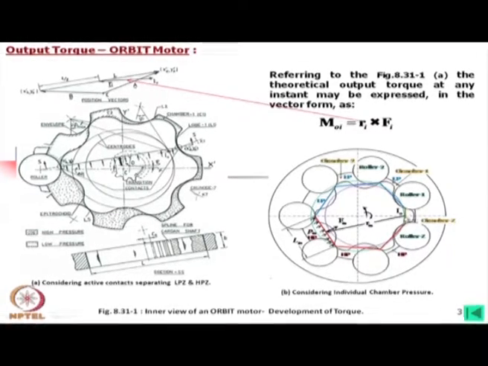It can be shown that even if we consider this is the high pressure zone, the torque calculation will show the same value. Anyway, if we consider these three are high pressure, so this is experiencing high pressure, and again on these lines the pressure distribution will be uniform, equal pressure, but keep